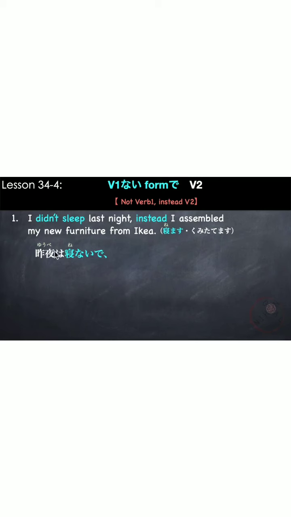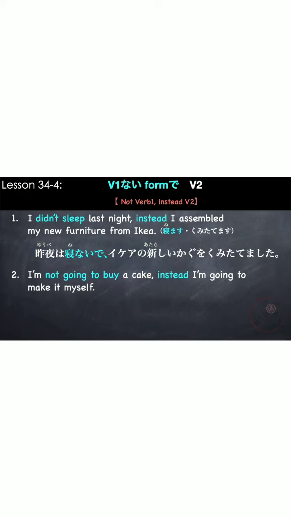Last night, ゆうべは寝ないで. Followed by our second verb, to assemble. IKEA の新しい家具を組み立てました。ゆうべは寝ないで IKEA の新しい家具を組み立てました。